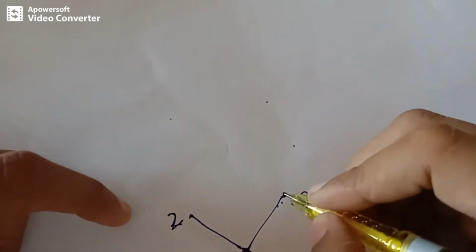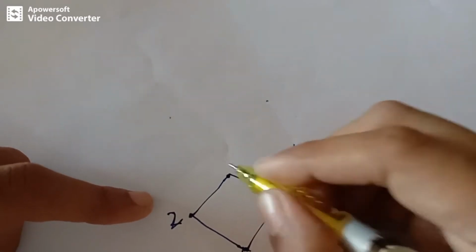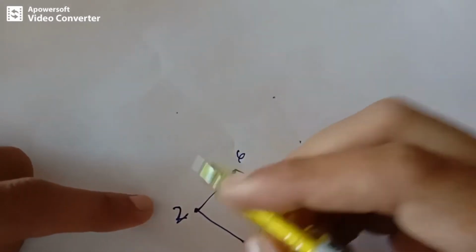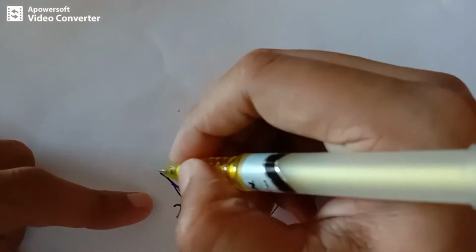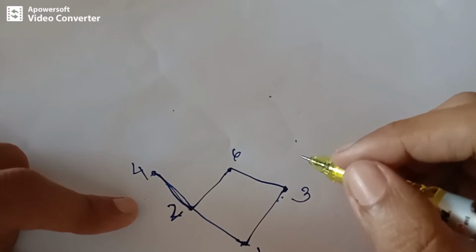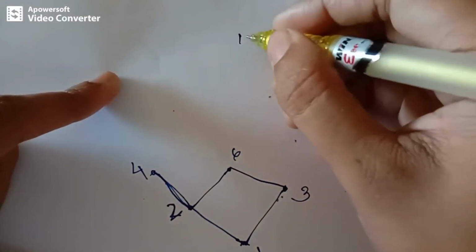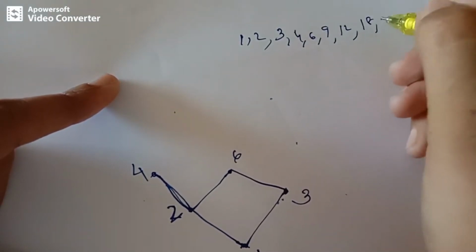You know that 3 divides 6, but 2 also divides 6. So I will just include a common point here. 2 divides 4 separately. Okay, I will include here. Then we have got which are all elements? 1, 2, 3, 4, 6, 9, 12. I'll write here 2, 3, 4, 6, 9, 12, 18 and 36.